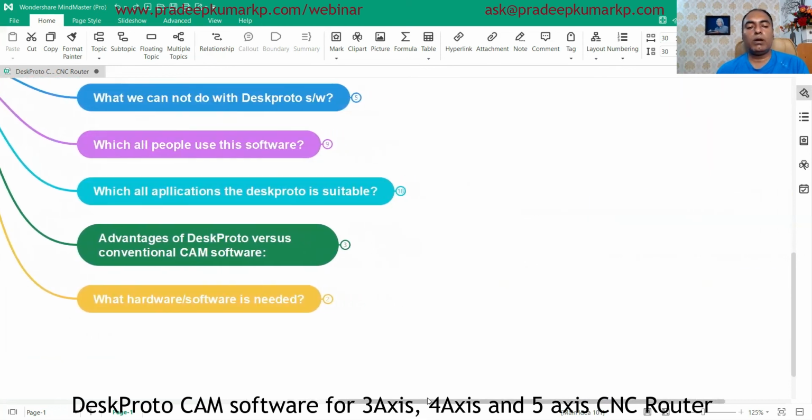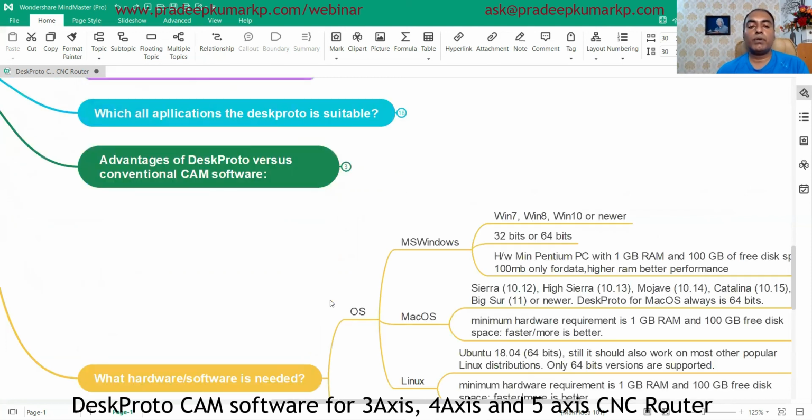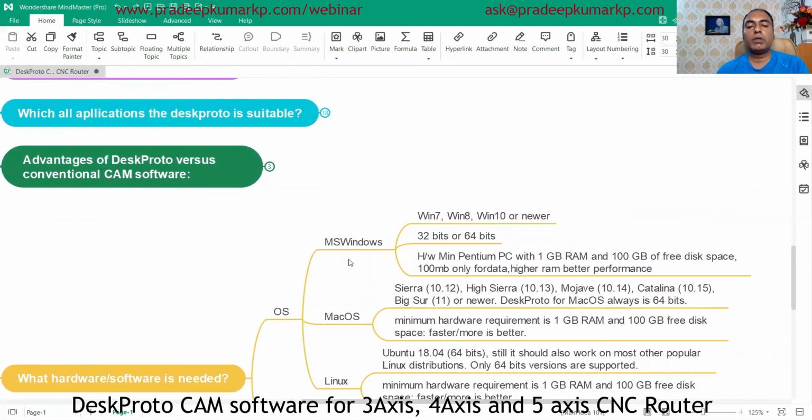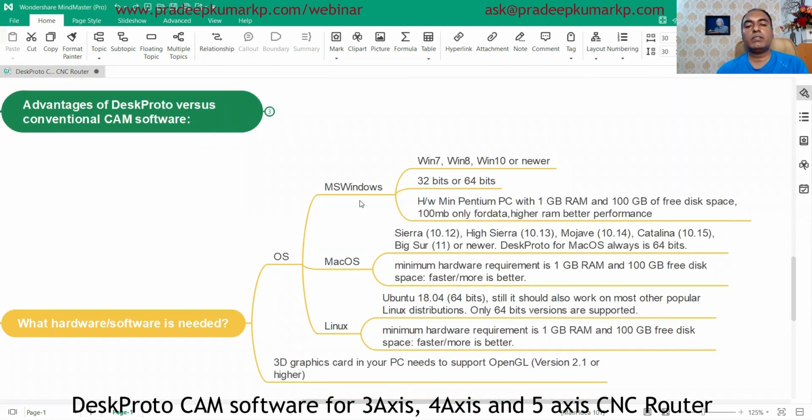We also look at what hardware and software, that is the operating system, is required if you want to purchase a laptop or desktop for this software. What all the specifications should be. As far as the operating system is concerned, you can go for all these three: MS Windows, Macintosh, and Linux. All operating systems are acceptable. This is rare in CAD software, which mostly runs on Windows. But this software is very well suited to Windows, Mac OS and Linux.